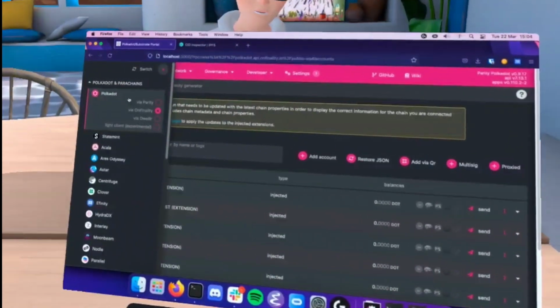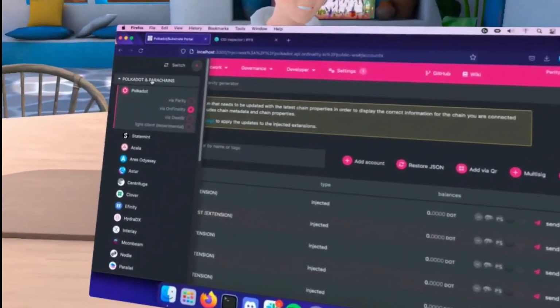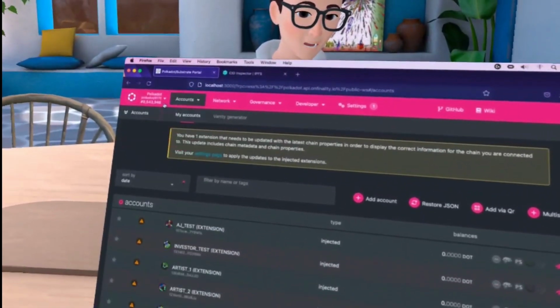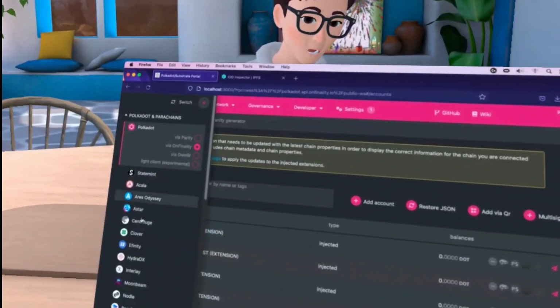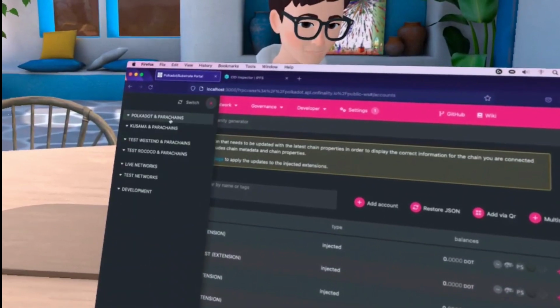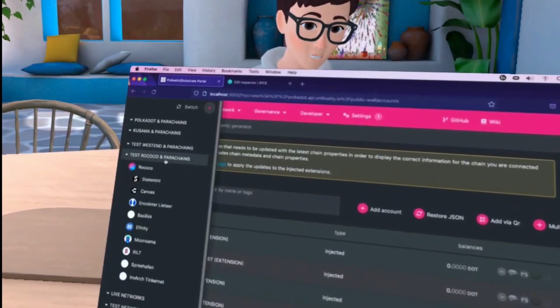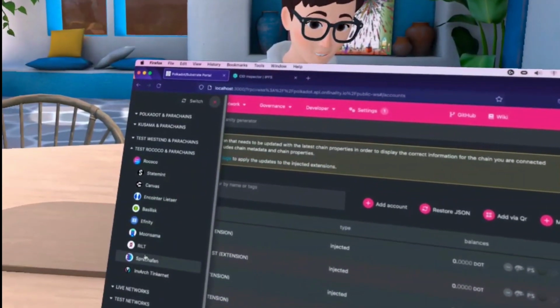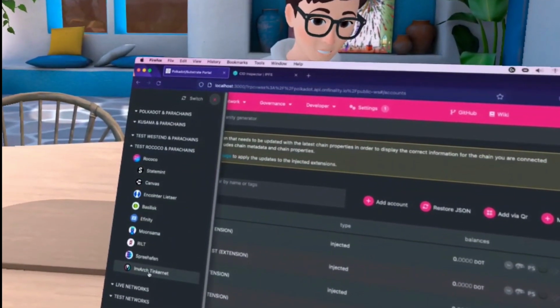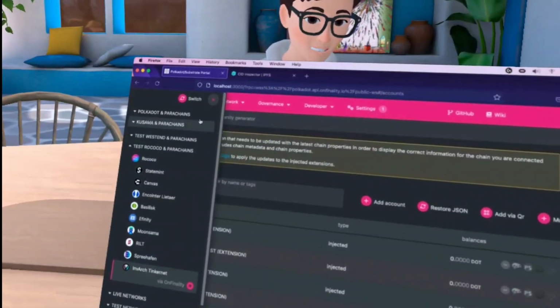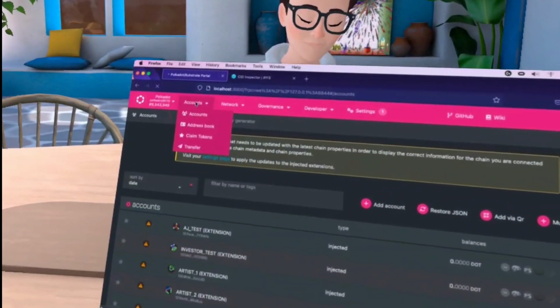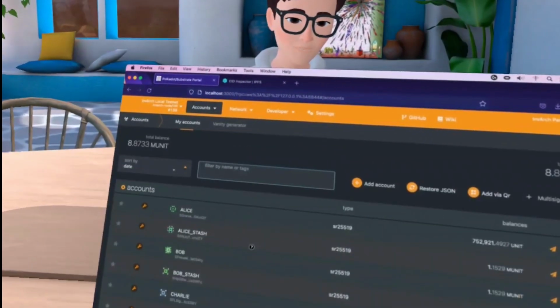And during the testnet phase, you'll be able to click this top left corner, and it's going to have a list of chains. So if you collapse this one, and if you go into test Rococo and parachains, you'll be able to see InvArch Tinkernet in there. And you can just click there and click switch, and it's going to switch to the